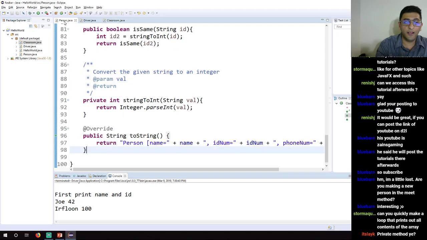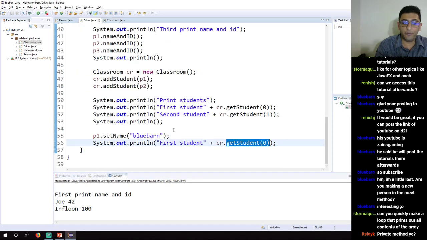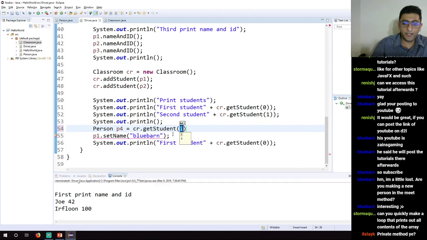Similarly, what can happen is you can say, let's see, person P4 equals get student at index 0. Say P4's ID is that. And then